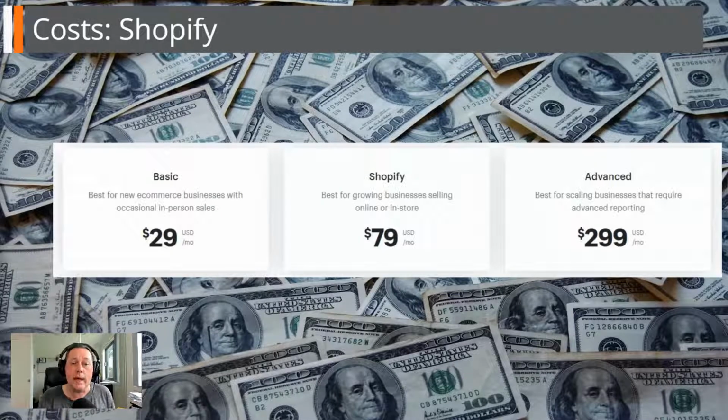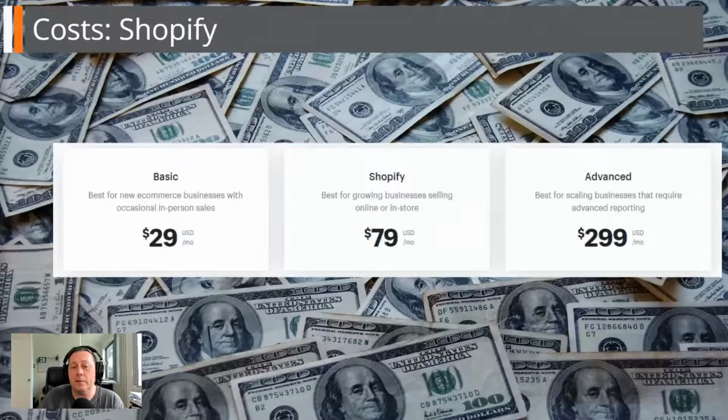Now, you can choose to run your shop under a free example shop.myshopify.com. So that's their hosted domain. Otherwise, you're going to need to purchase your own domain name and then link it into your Shopify account, just as you would with the WooCommerce hosted solution. But because Shopify is an all-in-one hosted solution, they provide their own payment gateways and shipping methods from which they take a small commission per transaction.